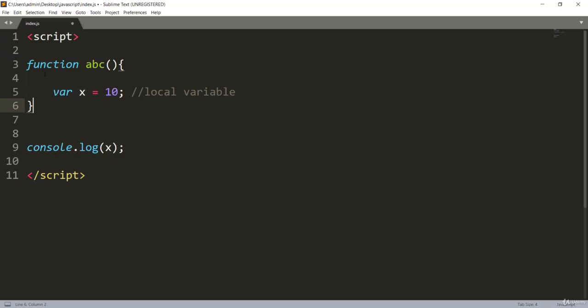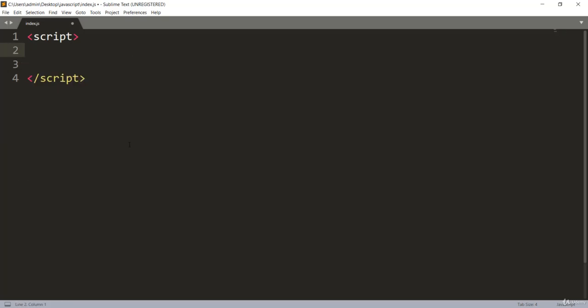That means this variable is declared inside a block, or you may say a function, and it is accessible within this block only; outside this block it is not accessible. So this is your local variable, which is one type of variable in JavaScript. Let me create another example. Anything inside this script tag is your JavaScript code.